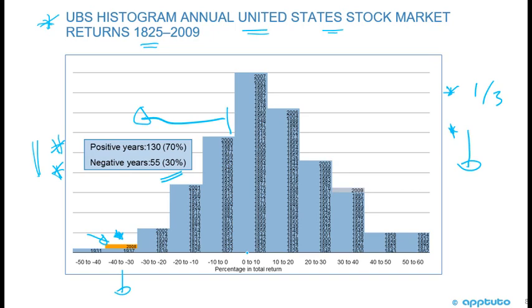And then, of course, this is the other thing that I just want to point out. If you go back, this is a larger sample size, and in this larger sample size, the most frequent return was falling between 0 to 10%. So again, that's why most people, when they have an expectation of stock prices, you often hear 10%, or sometimes you hear 8 to 10%, because historically, that's been the most